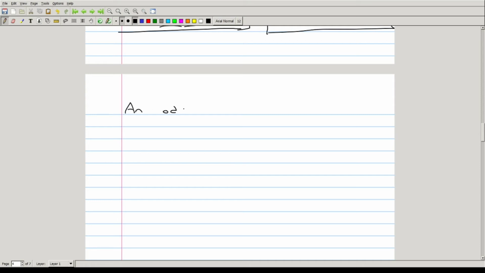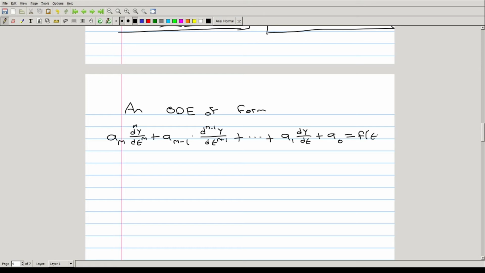So an ODE of the form a_m times the m-th derivative of y with respect to t, plus a_{m-1} times the (m-1)-th derivative of y with respect to t, and all the way down to a_1 times the first derivative of y with respect to t plus a_0, is equal to some function f of t,